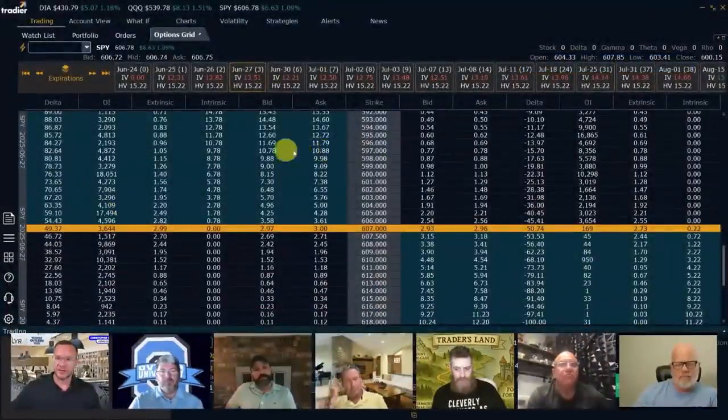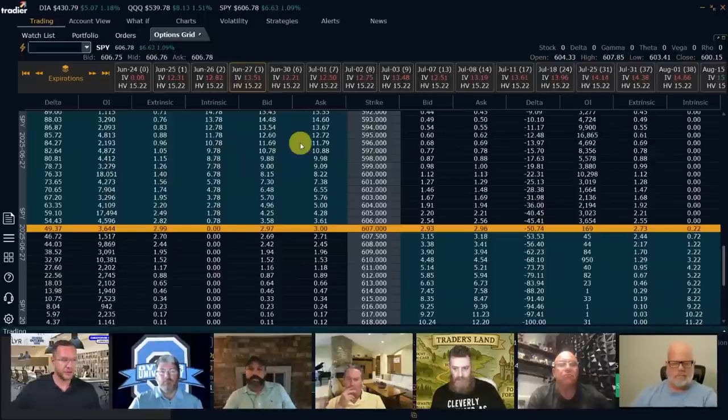Because let's use this example here, right? If you bought it for $10 and it's at the 80 delta, if this goes up $10 here, your option is now worth $20. So you've got basically a 100% return, give or take. No, it'd be $18. So 80% return on that. You definitely don't need it to go any higher to make your break even.